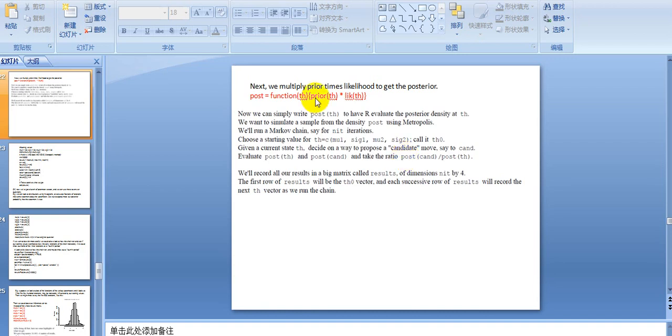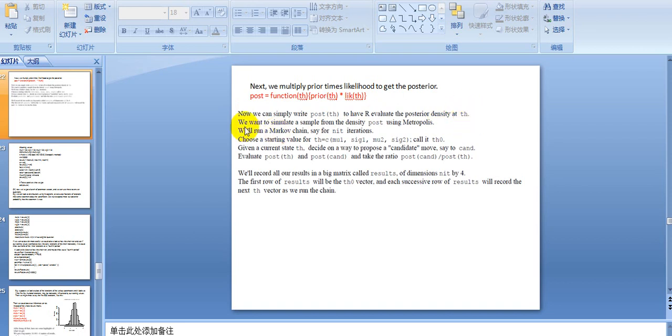Then after we got the likelihood and prior, we can get the posterior. So we simply multiply prior with likelihood. So the post equals a function of theta, where we just multiply prior times likelihood. Okay, because we ignore the normalizing constant. Okay, now we can simply write the post function to have R evaluate the posterior density at each value of